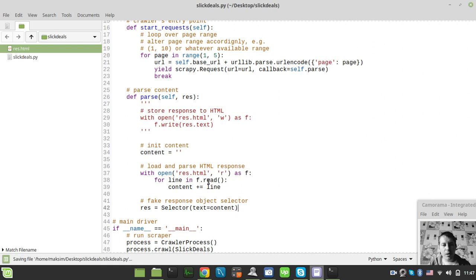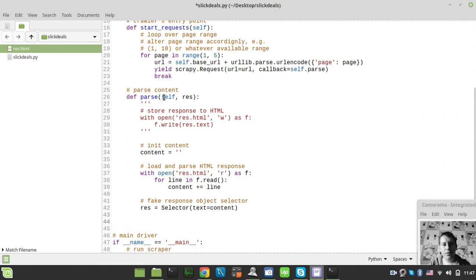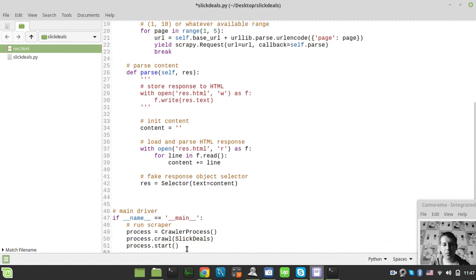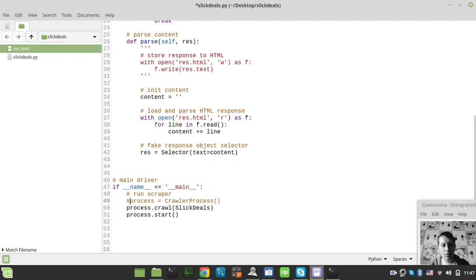And from now on, we can actually call this def parse without invoking the entire scraper and work with the data extraction. So I just comment out the crawling logic for a while, and I simply say slick deals dot parse, and the first parameter is the slick deals instance, so to fit this self, and the second one I'll just